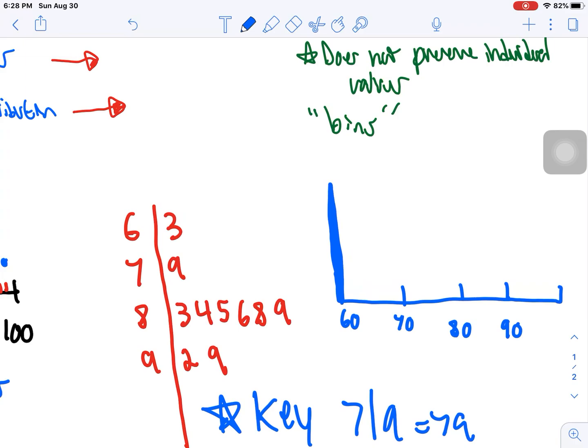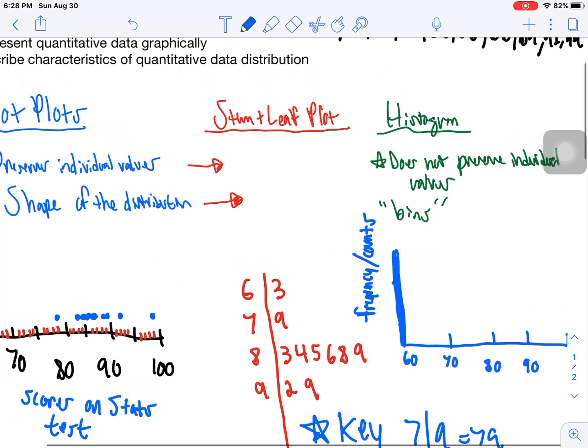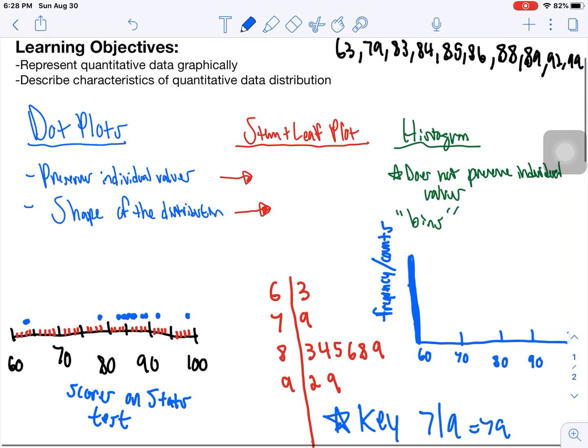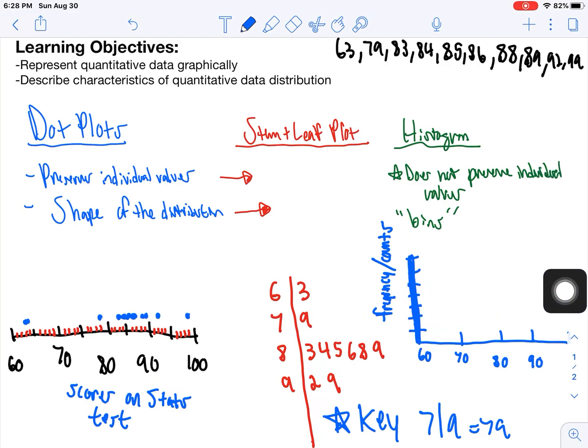Now on the left side for histograms, you should always see the word frequency. Frequency, or sometimes you'll see counts. Basically, how many times did it happen? So, with a histogram, the left side tells you how many times did you get a value that fits